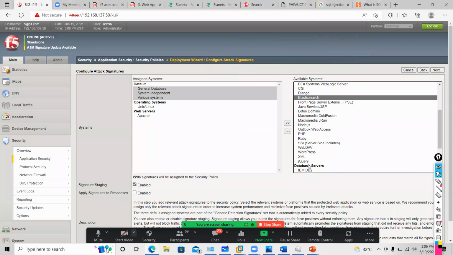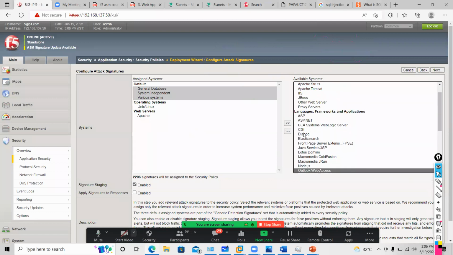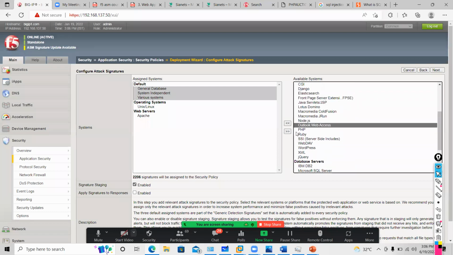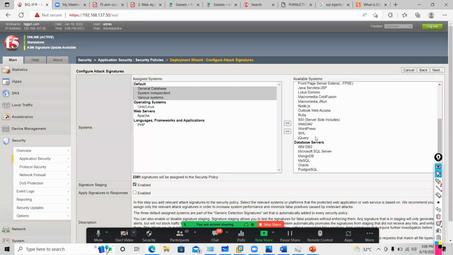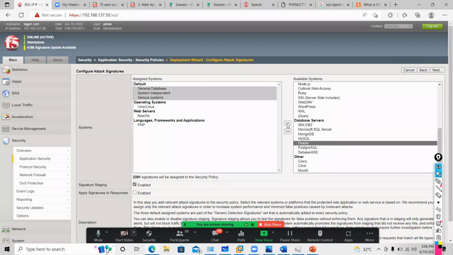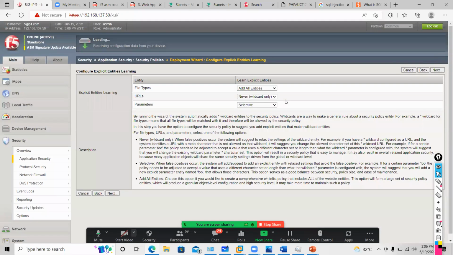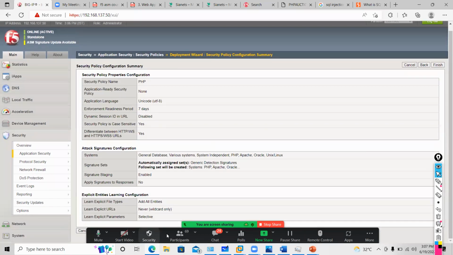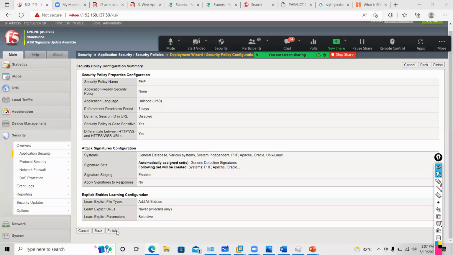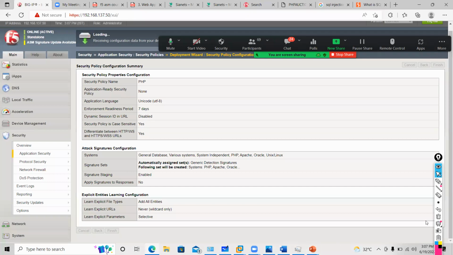Now I will select database. I will select language PHP and database is Oracle. Then I will say next. Next, I will keep these settings default and then I will finish. So guys, what I did was, when I did a lab setup, I created one pool member.